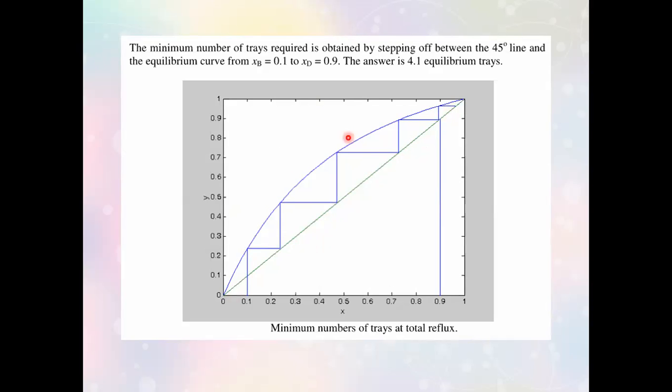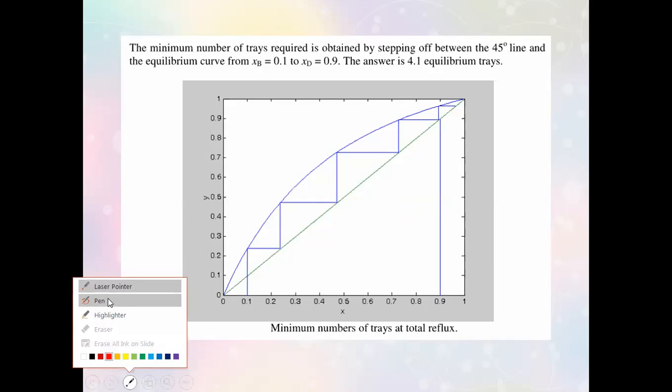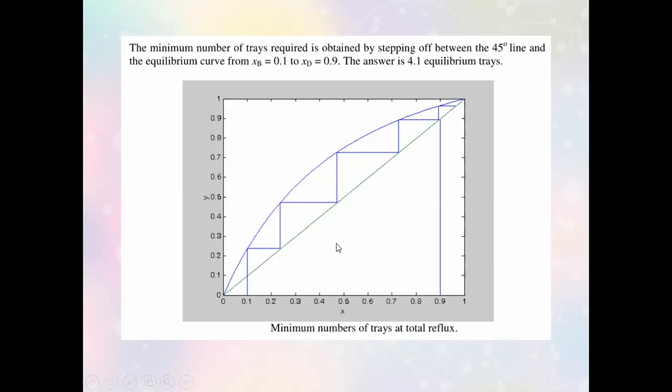So you simply need the curve, the 45-degree line, and the two concentrations, the XD and the X sub W, and then you can get the minimum number of stages using the graphical approach. But this one will only be good if you're not working during the board exam. What if you are in the board exam? There has to be another way of determining the minimum number of stages.